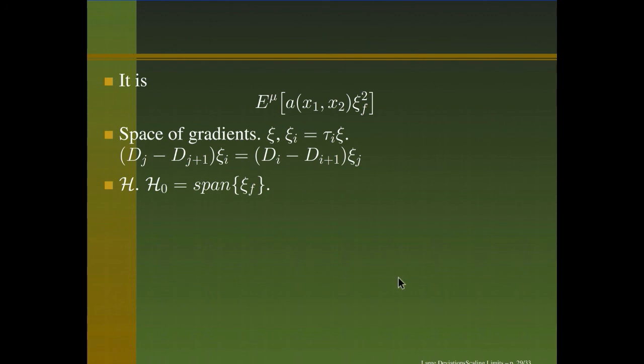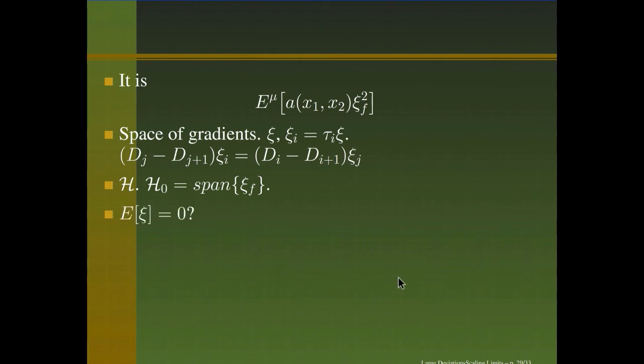Well, of course, if you look at the span of psi f and close it up and you call that Hilbert space H0, they will have all these properties. But there will be other functions that have these properties, and that defines a slightly larger Hilbert space H. So the question is, are there things in H that are not in H0?